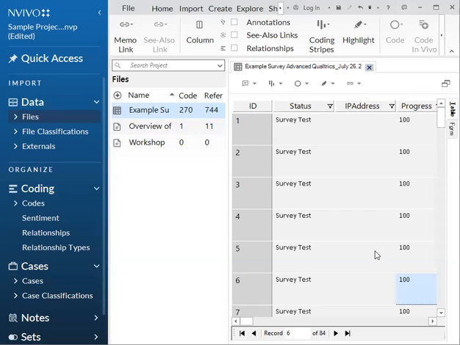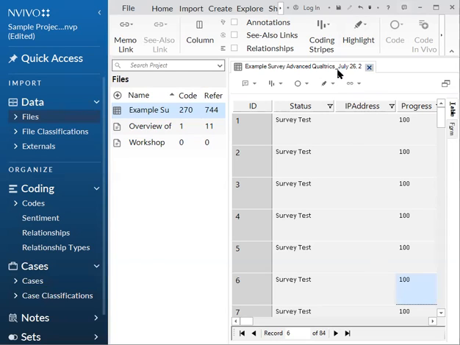Okay, so now that we have NVivo pulled up, we can see that I have the sample survey results pulled up already. We previously learned how to download survey data in the last video. So if you have not watched that one and need to know how to upload survey data into NVivo, please watch that one.